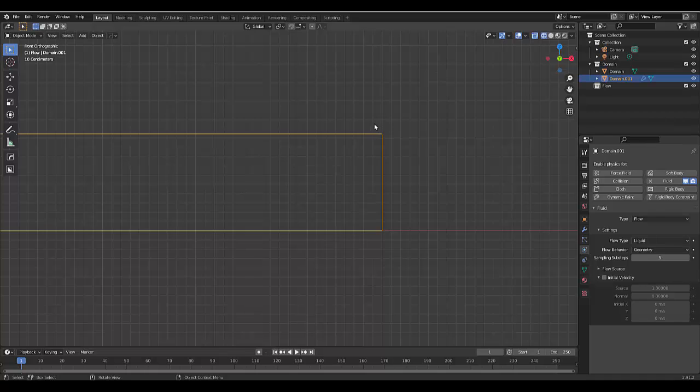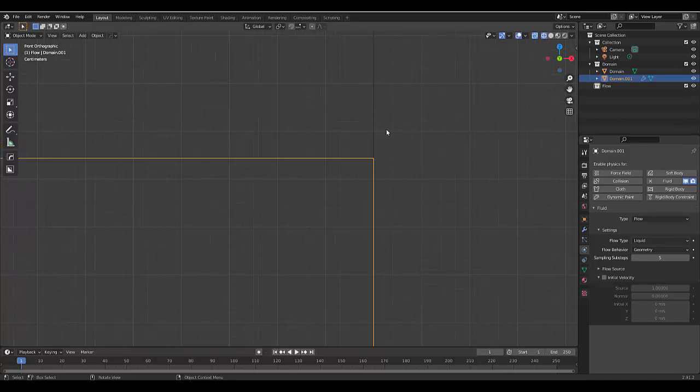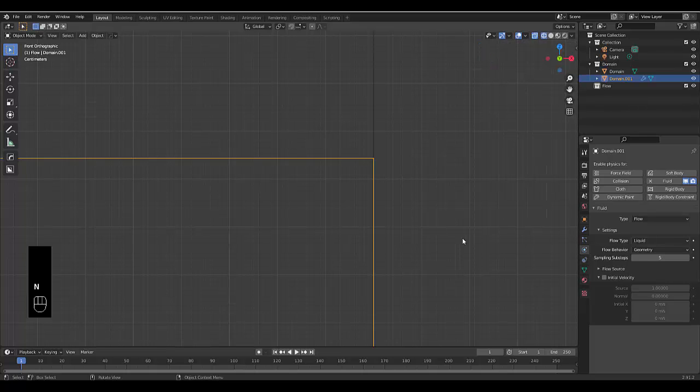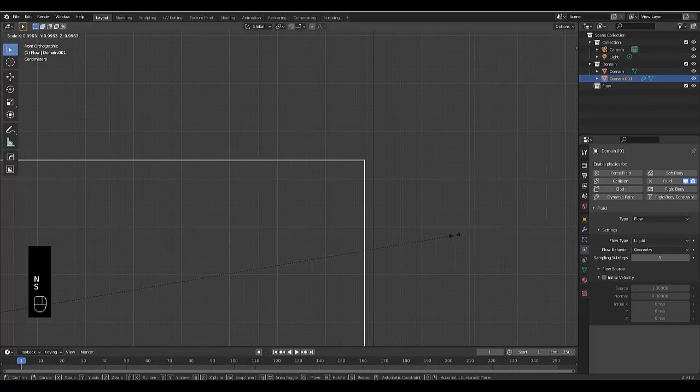The only other thing you have to do is to make sure that your flow does not touch your domain, or else it won't work properly. So the first thing we do is we press S. This time we're going to press Shift Z. Actually, I've got a screen key recording thing that might just help in case you don't understand my accent. We're going to press S, Shift Z,